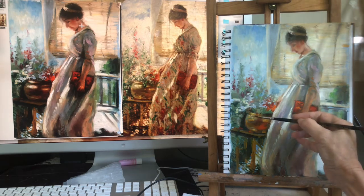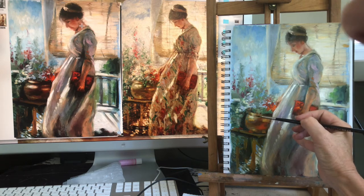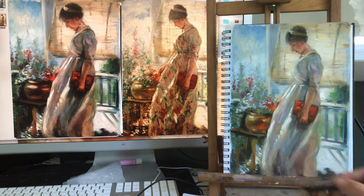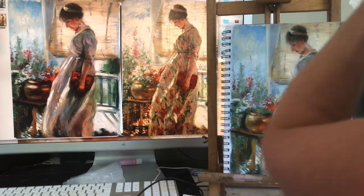That yellow that I just placed. Then I'm going to get a clean mongoose. Make sure it's clean and dry. Actually, I'm going to get a clean